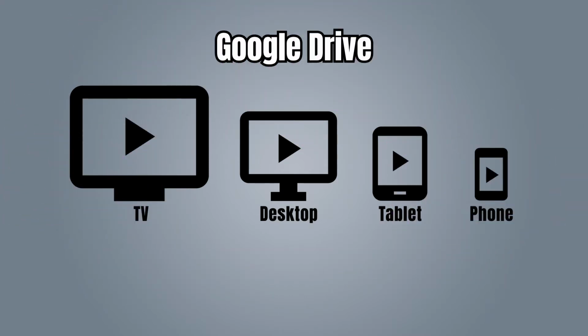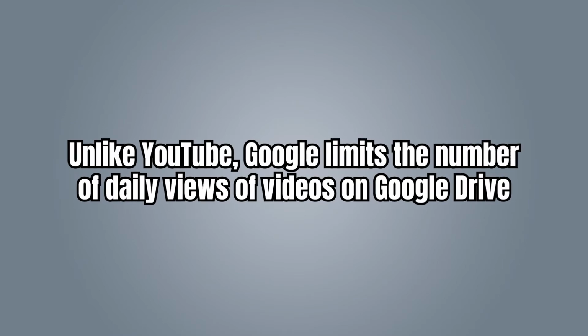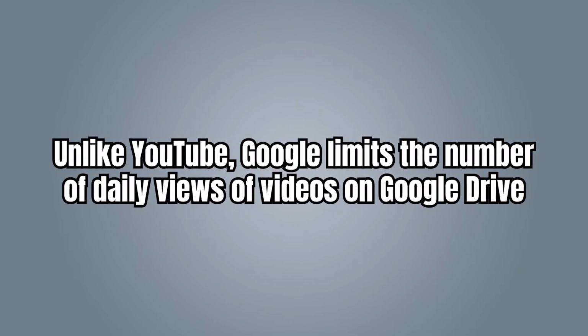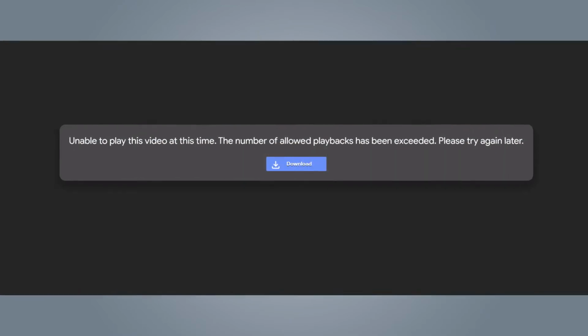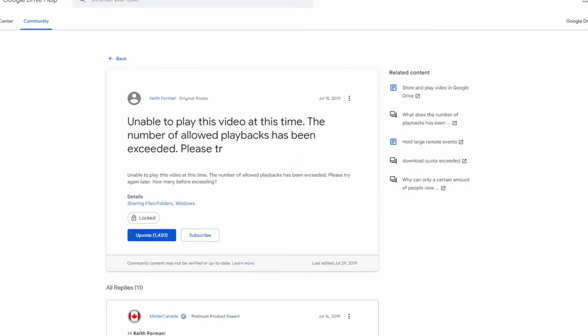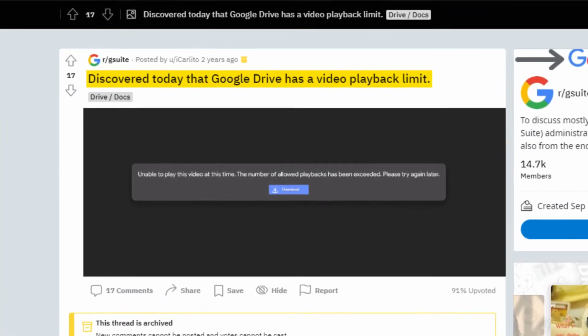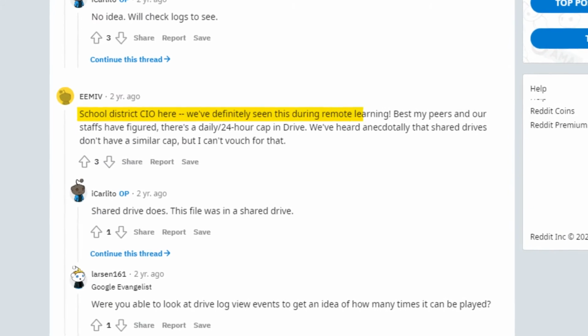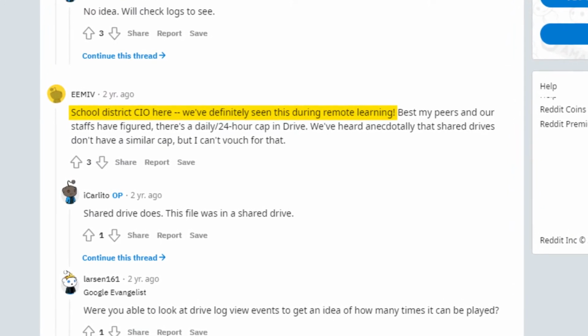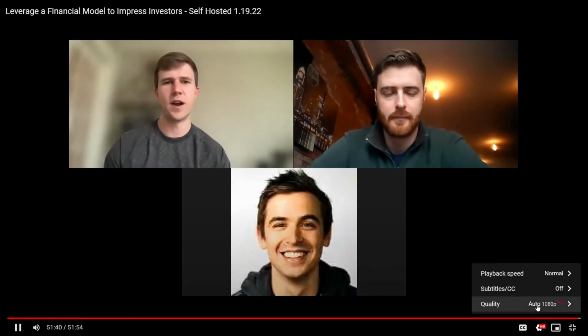So, what you end up with is a poor viewer experience for videos delivered with Google Drive. First off, unlike YouTube, Google limits the number of daily views of videos on Google Drive, and this limit varies daily depending on their server load. So you have no idea if that day your viewers will get an error that the number of allowed playbacks has been exceeded. That's a terrible experience. Happens to companies and educators all the time, and is something your viewers won't see if you deliver with a proper video platform. The quality of their encoding is average, looks similar to YouTube, but their maximum resolution is capped